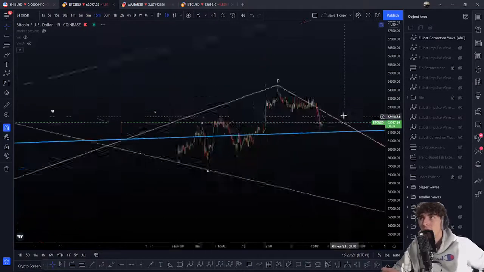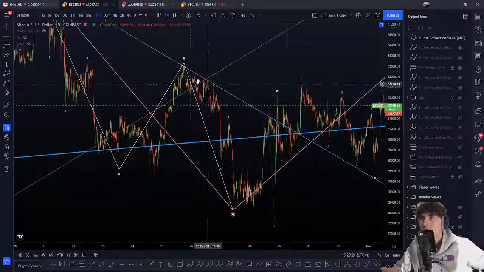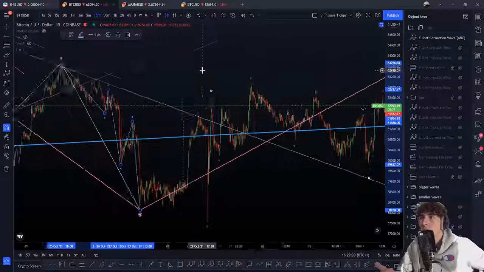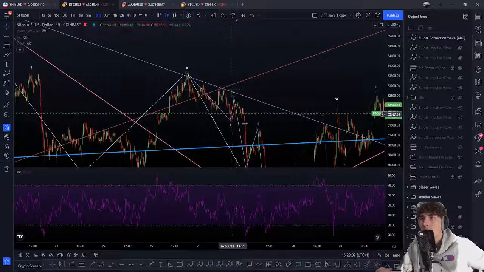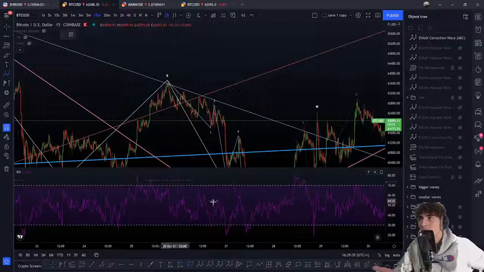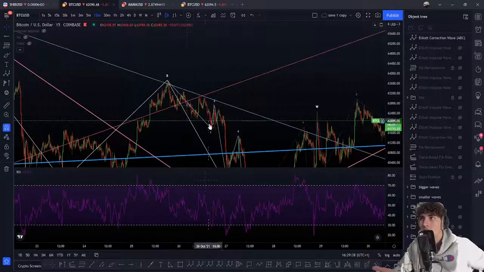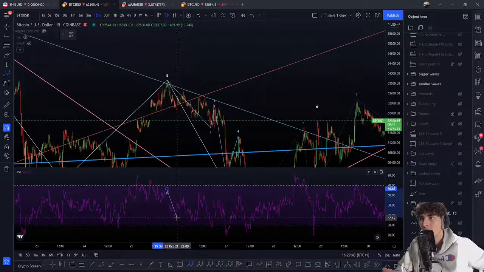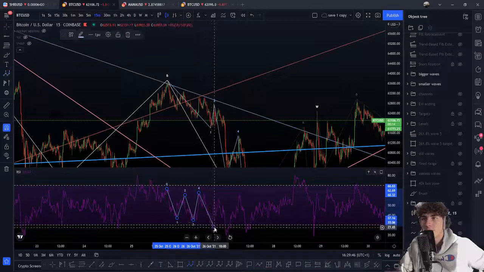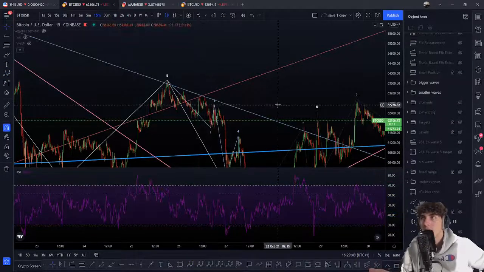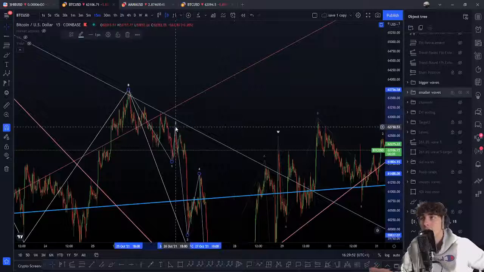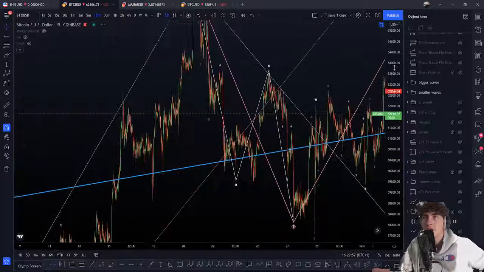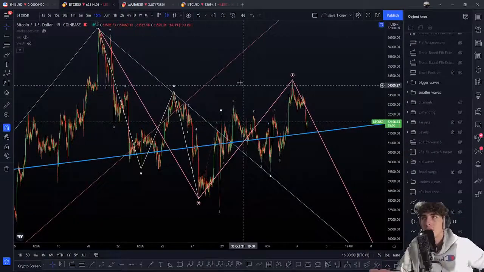Then I'm going to go on the 15 minutes here just to show that. But as you can see here, that will be a C wave simply because we have 5 waves here with a nice leading diagonal. That's a great example. For example here on the RSI, you can see wave 1, 2, 3, 4, 5 appear in an A wave or in a wave 1 of an impulsive. Now if you look at the RSI, wave 1, 2, 3, 4, 5, and the wave 5 goes low. So that's a nice leading diagonal. Really good. So the targets don't really match with these two with impulsive, but this is what I can count personally on this chart here.